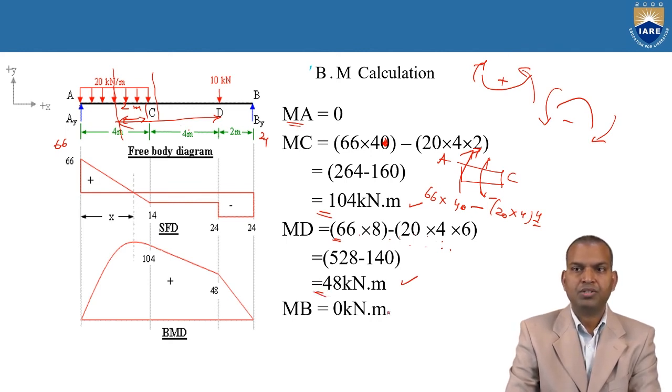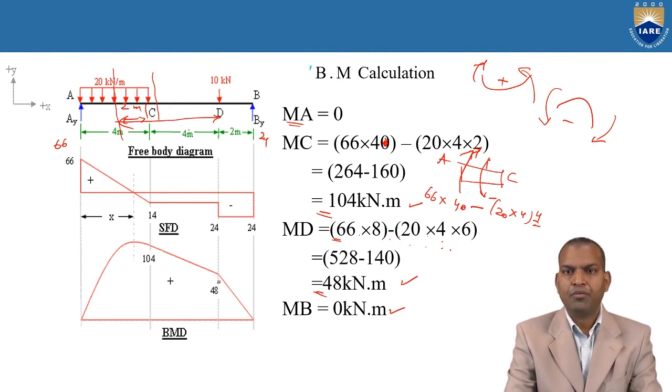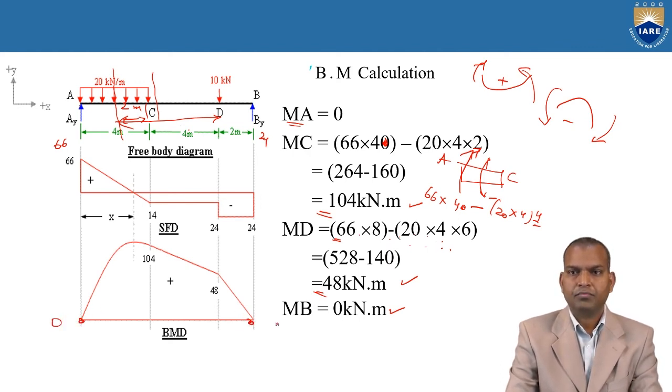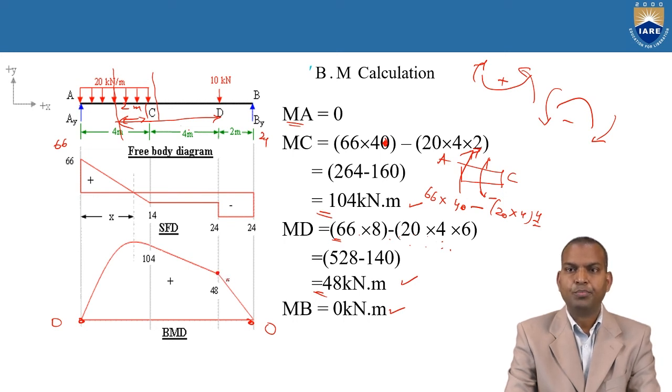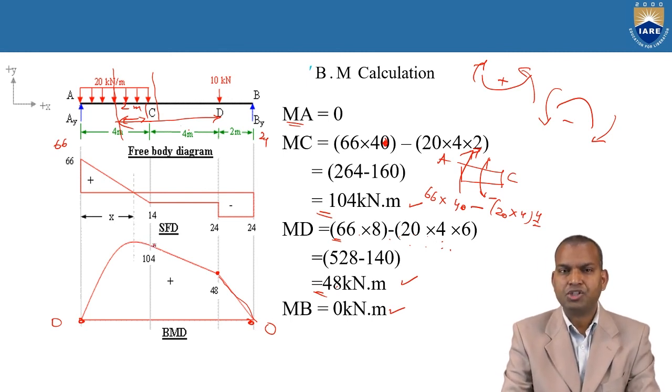Now what about at point B? It is 0. Now by taking these values, we are going to draw the bending moment values diagram. That diagram is nothing but the bending moment diagram. Now at point A it is 0, at point B it is 0, and at point D it is gradually increasing up to 48 kilonewton meter. It is a point load, that's why it is inclined, a linear law. After this straight line law, again a straight line law comes from point D to point C.